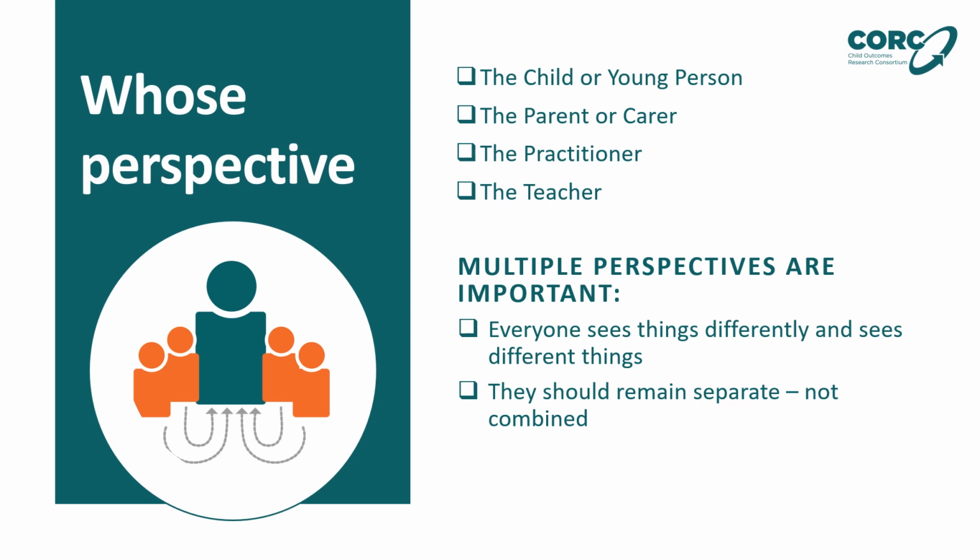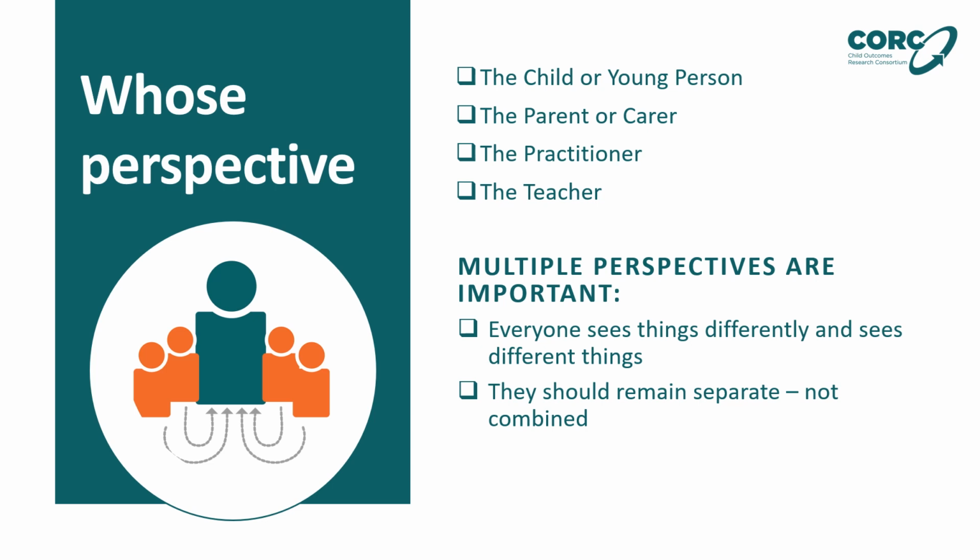A decision was made early on in the collaboration not to seek to combine perspectives in any one overall performance score, but rather to consider the views of at least 3 judges of how good or bad the outcome or experience of a treatment is. These views are the child or young person themselves, parents or carers, and the practitioner. Also, as more evidence emerges around the important role of schools in a child's life and support network, we are adding teachers to this list.